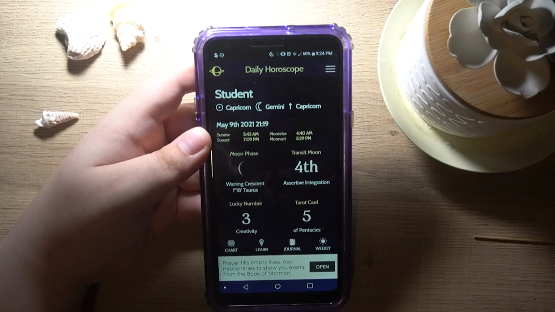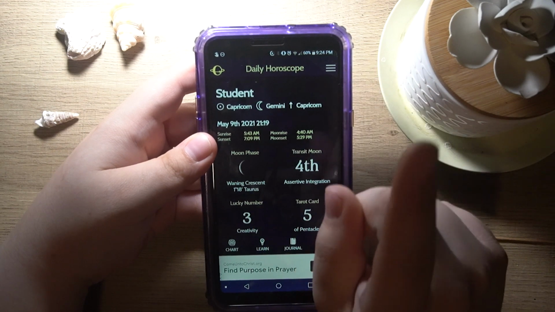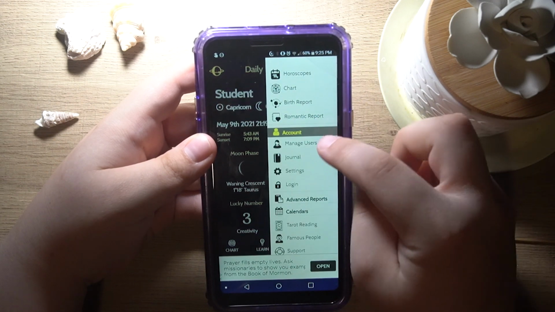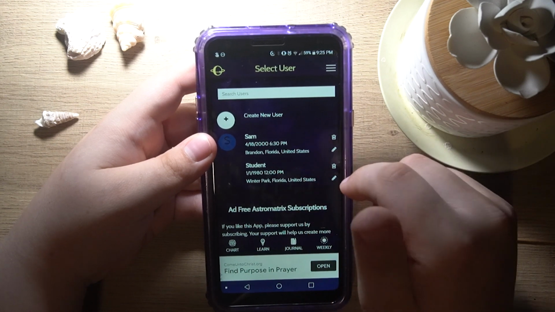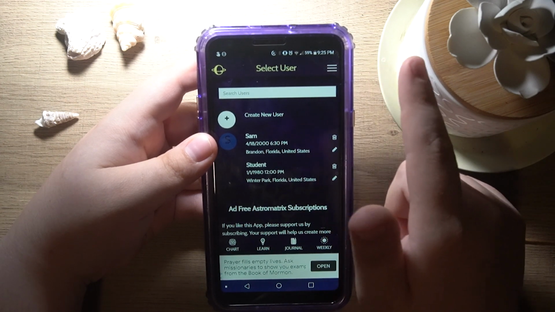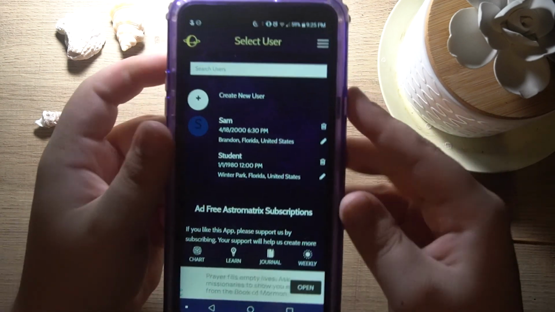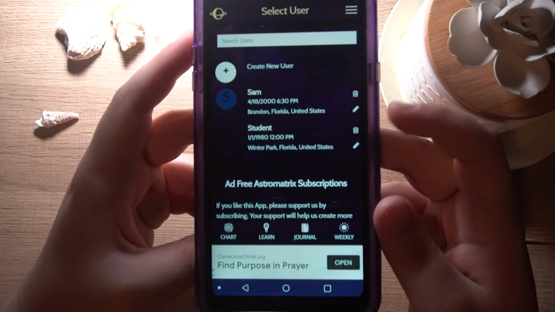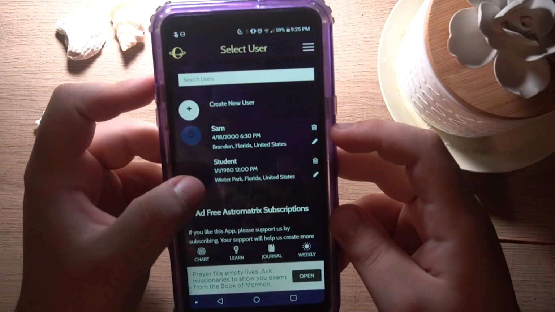One thing that I did mention briefly that I'd like to get into now is where it says student. This is not an account. The account is not student, the user is student, and that's something you can see under this account part. Manage users. I created this user student for the purposes of this demonstration. This is my user, and you do not have to have an account to use this app at all. The only information a user needs to put in for a user is some kind of nickname or title,